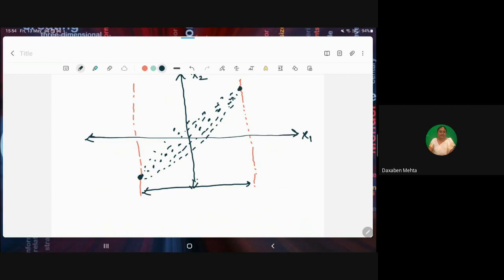And similarly for the x2, suppose this is the differences. So look at this black line and this green line,